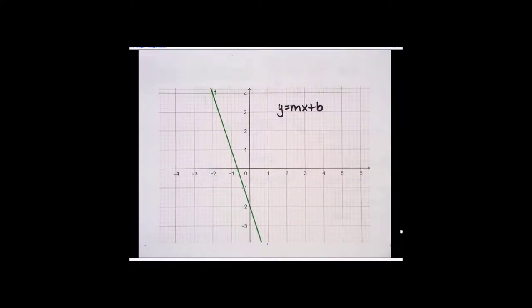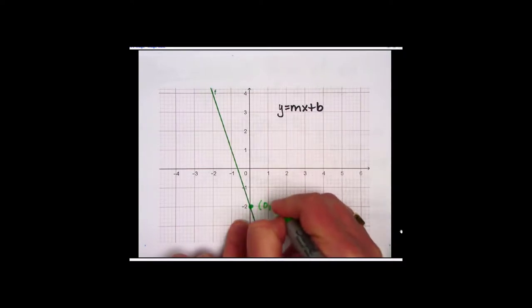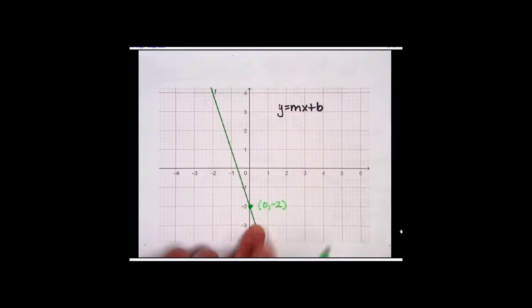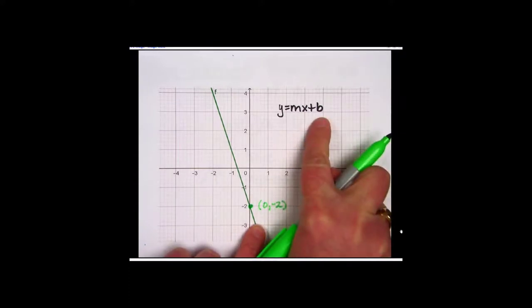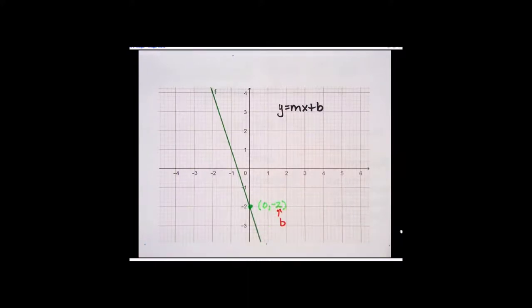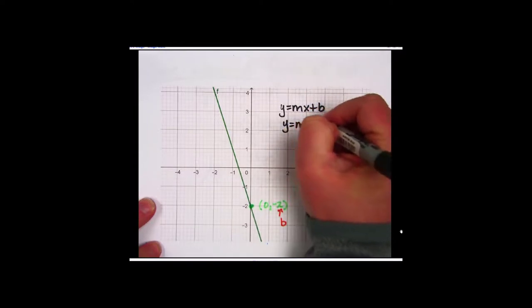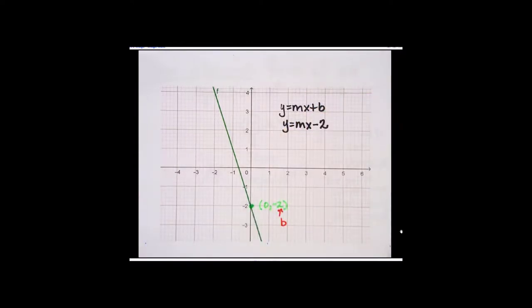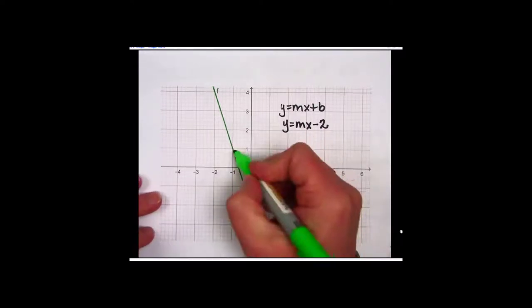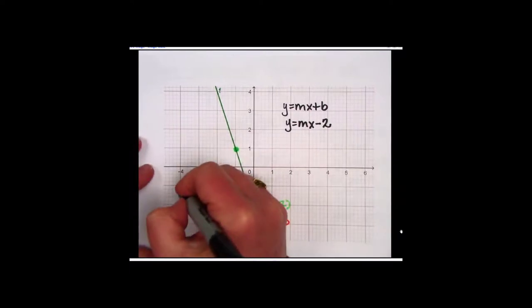So first I'm going to locate my y-intercept, which is right here. That point is 0, -2, and that y coordinate is going to be my b. All right, so I can go ahead and say, this is going to be mx minus 2. And now I just need to find my slope. Well, I picked that point. I'll just pick another point. Again, we're just going to pick one we can read off exactly. Pick that one. And now we do our rise over run.